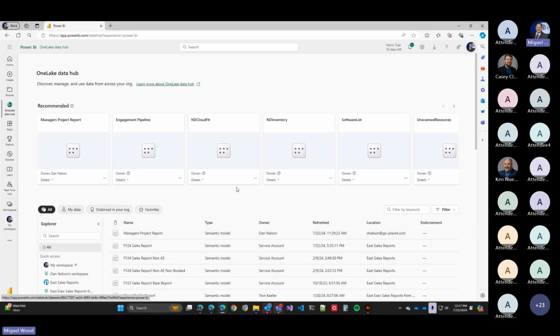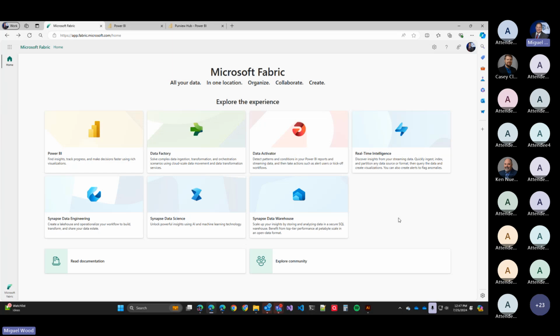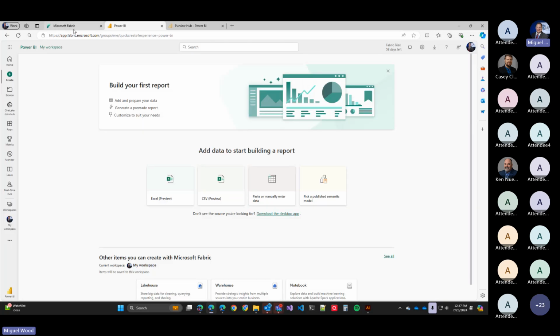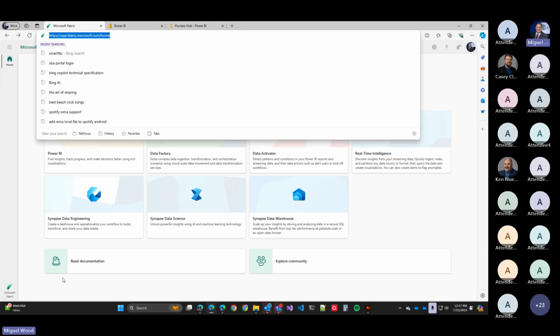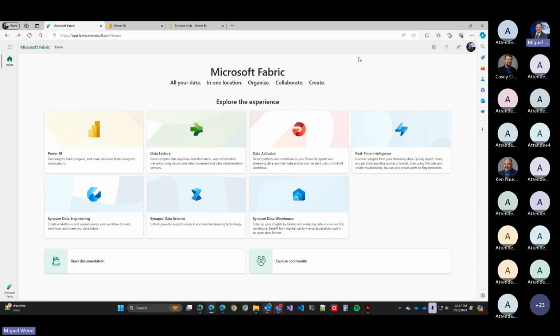Now this is Planet. This is where I'm acting as a user. All right. Now I'm going to go ahead and take you over to one where I am an admin. So first of all, I could still go to Power BI, and if I were to go ahead and create a new window, let's go ahead and do, I'll forget it. New window and go to Power BI.